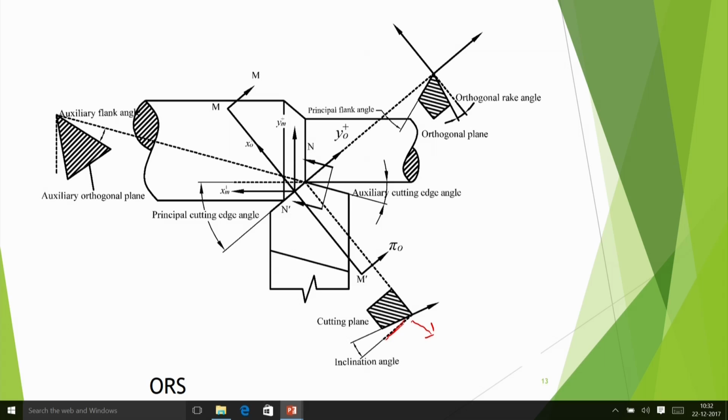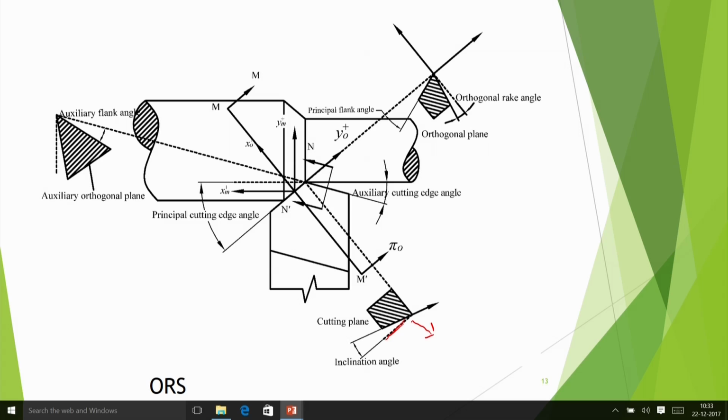Now you will see one more angle. This is the auxiliary cutting edge angle. If I cut an auxiliary orthogonal plane, that means here I have made an orthogonal plane based on the cutting edge, and similarly I cut it here, orthogonal in this direction, then you are seeing that the flank surface is inclined, and that is called auxiliary flank angle. That means the flank surface is really down, that is called auxiliary flank angle, somewhat similar to the end relief angle in ASA system.